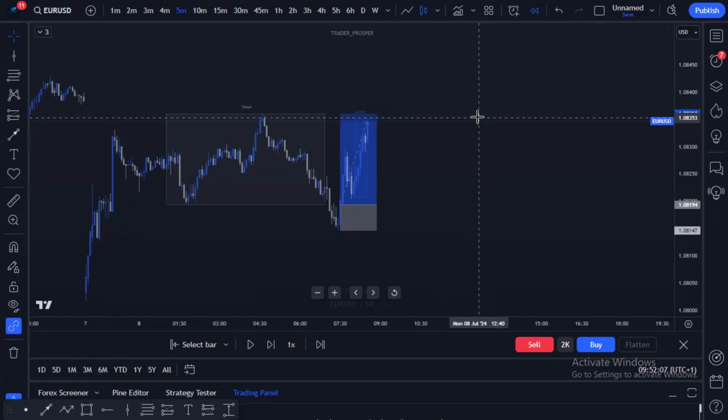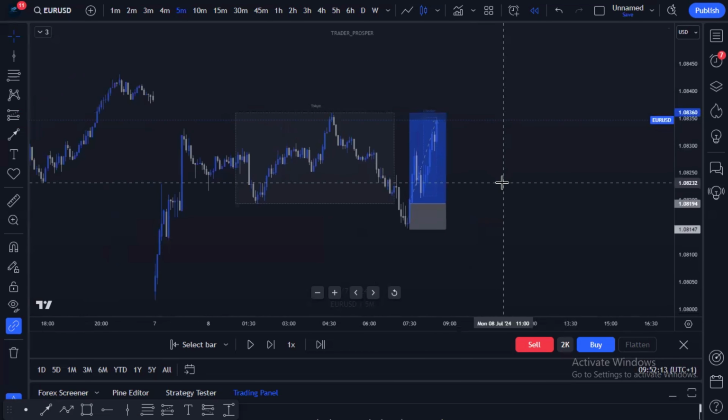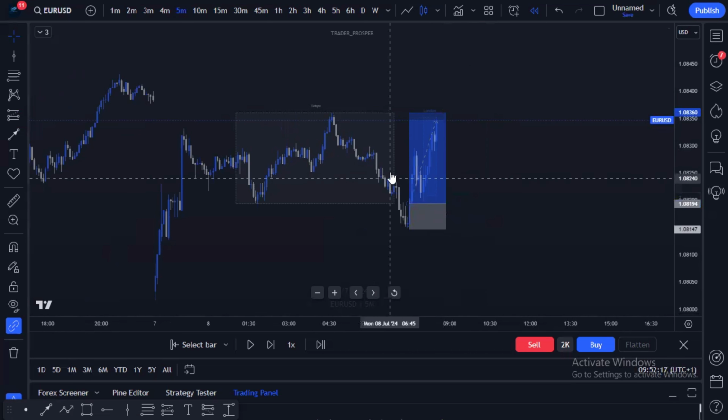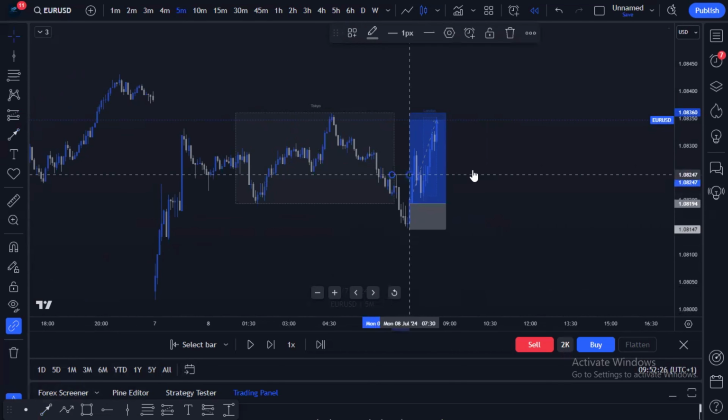If I'm trading this intraday liquidity theorem, I do stick to my trade management plan. All right, so now take a look at this point. When price did break this previous high, the lower high that was formed here,